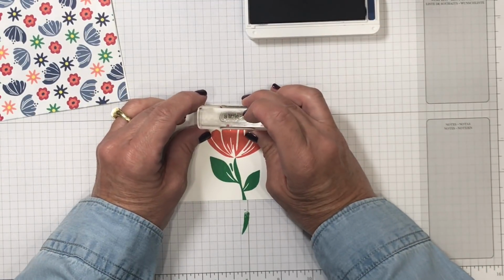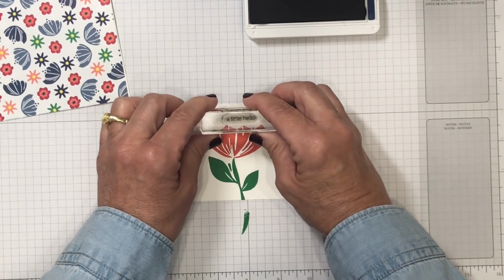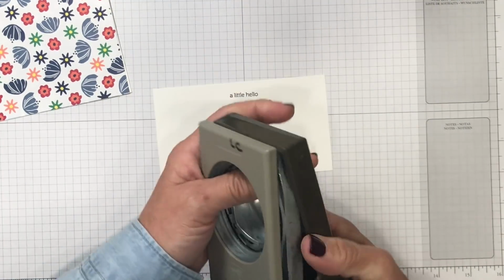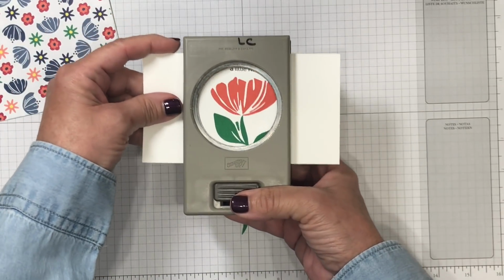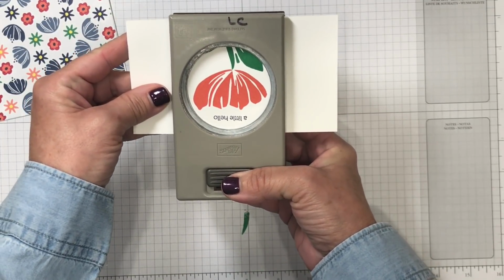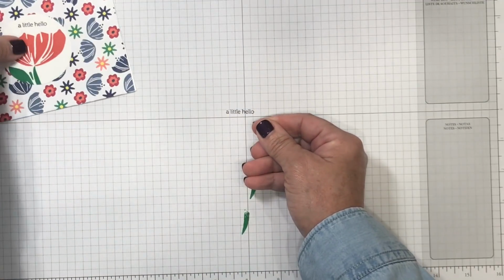So I'm going to go ahead and stamp that right over the top. If it is crooked, this allows you to give it a little bit of adjustment left or right so that your greeting is straight. I've got the 2 1/4 inch circle punch here, and I'm going to punch this out. Now you're going to be able to see, because of the depth of my paper, that's not going to reach. So all I'm going to do is flip this around, and I'm going to gauge that image somewhat in the center. I do want to layer for my circle, and we're going to die cut that using